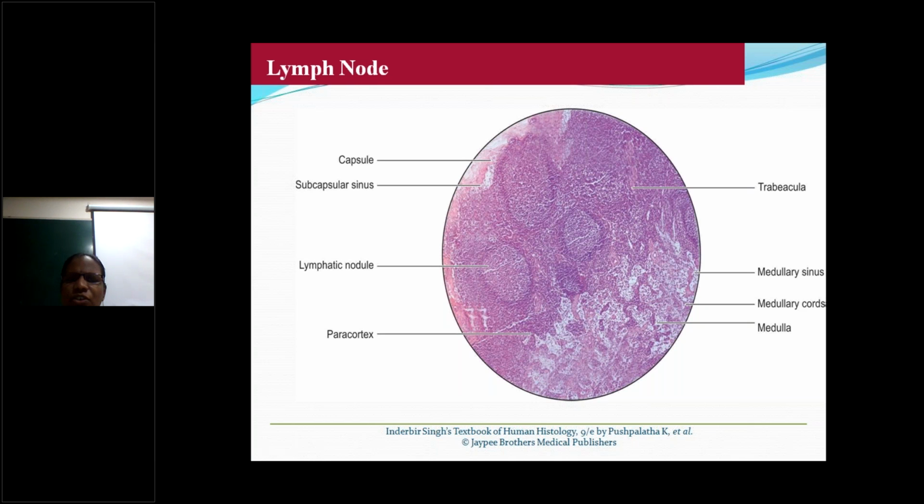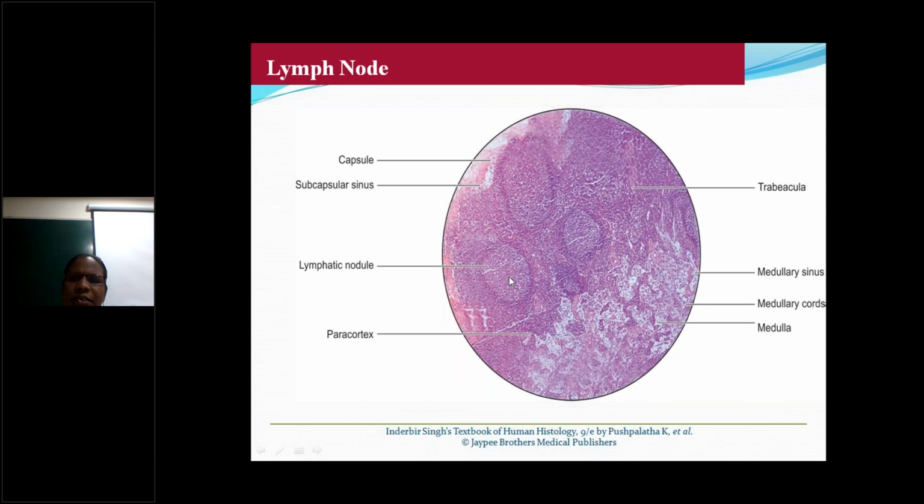What is the arrangement of lymphocytes in the cortical nodules? At the center, lightly stained, loosely arranged, immature cells. Towards the periphery, closely packed, deeply stained, mature cells. The center we also call the germinal center. The entire circular structure we call a lymphatic nodule. The center area we call the germinal center or reaction center.